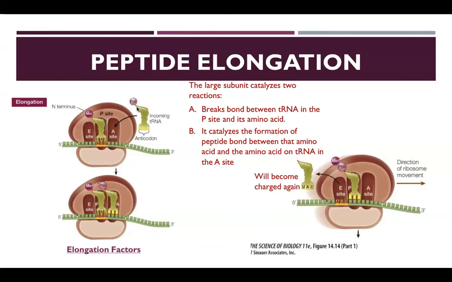Your tRNA in this case brings in a proline. It comes into the A site. Now, your large subunit helps break the bond between methionine and the tRNA, and it helps create a peptide bond and bind to the proline of the incoming tRNA. So now, as you see here, you have methionine and proline, and this process will keep on occurring as the large subunit and small subunit move down the mRNA strand and more codons are read.